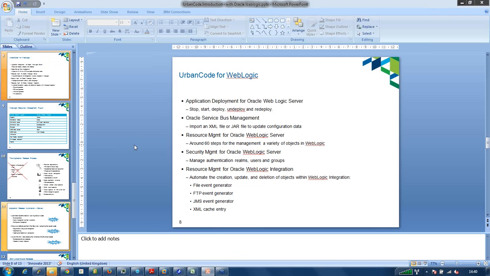No. So let's carry on and just recap what we got there. So if you're running an Oracle WebLogic environment, this is a great way to take control, to get rid of those ad hoc scripts that you're using to manage the deployment into those WebLogic environments, and to remove the need to rely on those. And the other thing that you get by using UrbanCode Deploy, of course, is you get